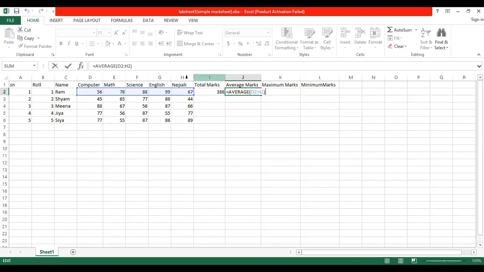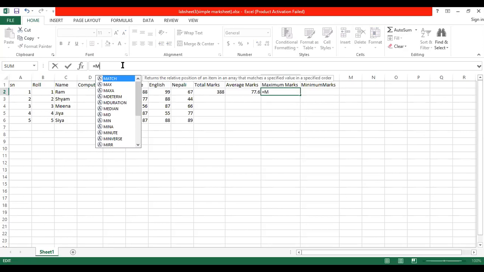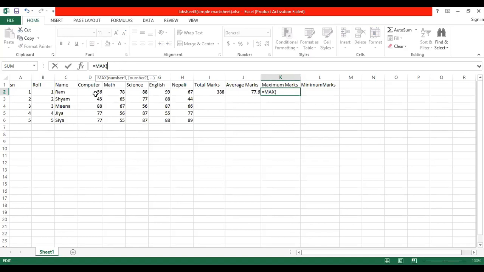Okay, maximum value. Maximum is among this 56, 78, 88, 99, 67. So among this, you have to find out which one is greater. You will do here equal to, then you will use which function? Max. Then the first cell address is D2. The last cell address is H2.